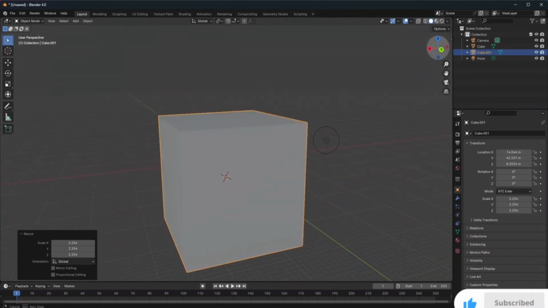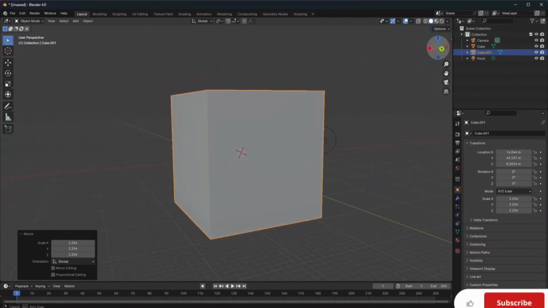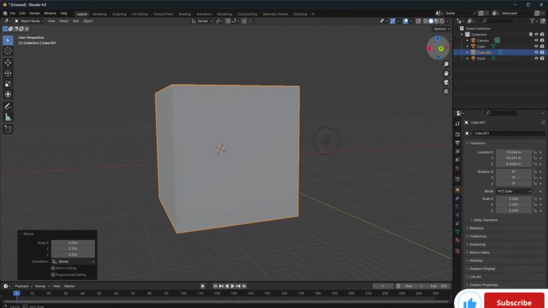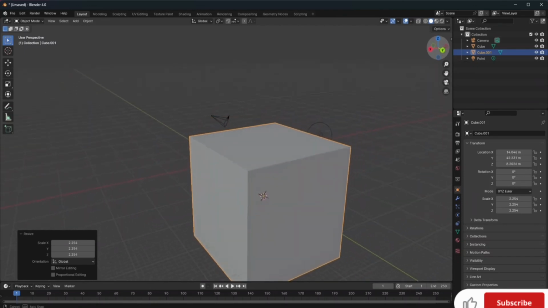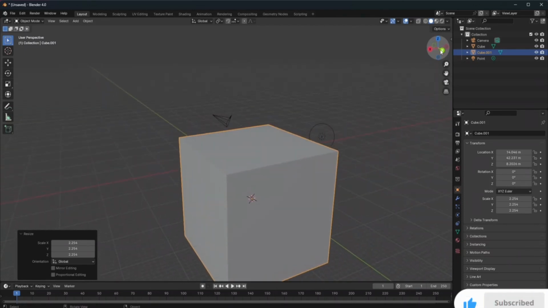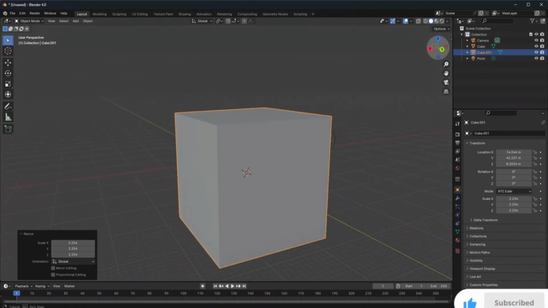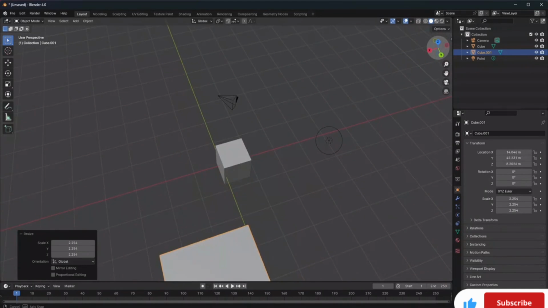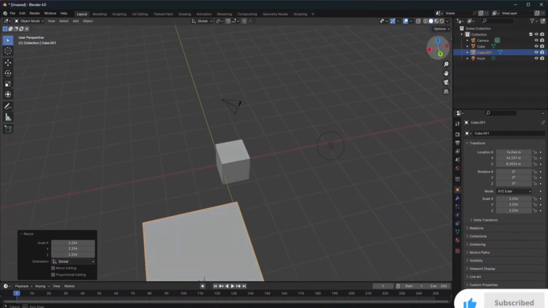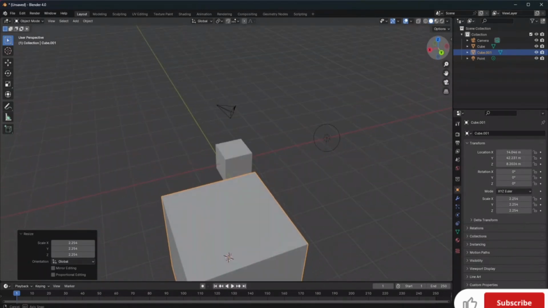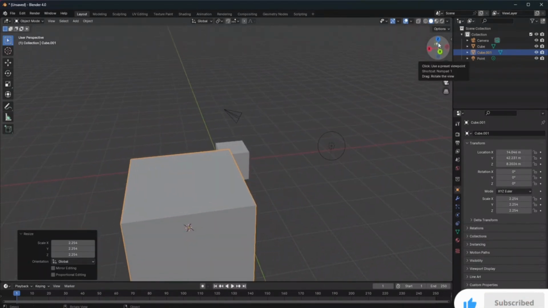Okay, so now let's just move this thing up, let's place it right over here, and now if you want to create other objects, right over here you guys can actually create some other objects from here as well. Let's come here and let's give this x-axis, let's come here and let's change the y-axis from here as well. If you do want to take it here on top, you guys can come here, and now let's change the z-axis. Okay, so come here and let's take the z-axis,